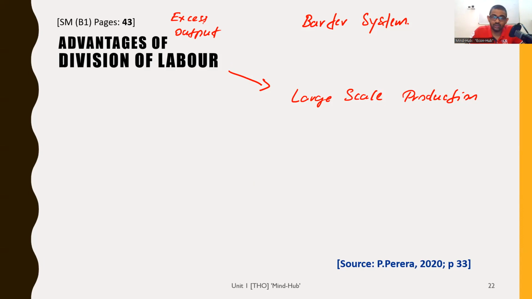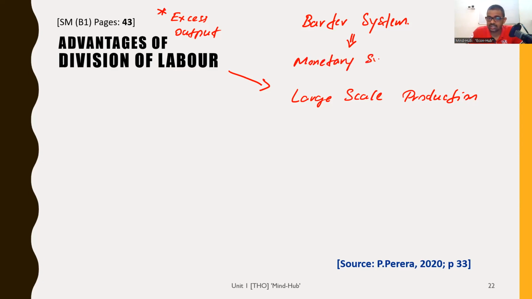We are afraid to have a big excess output. Why are we afraid to have a big excess output? Even if we have a very big excess output, it's difficult to exchange. That problem is there. Trade volumes are very low. But when we go from the barter system with low trade volumes, this inefficiency, to a monetary system,